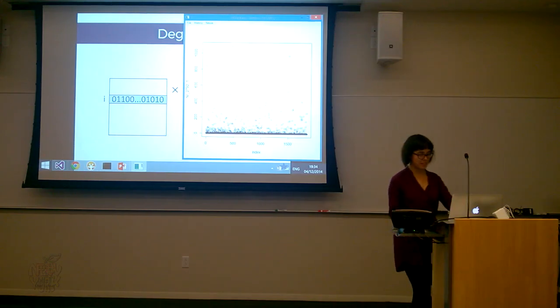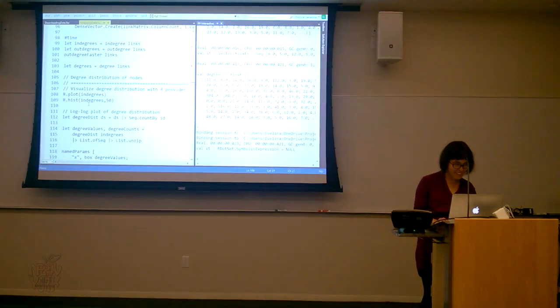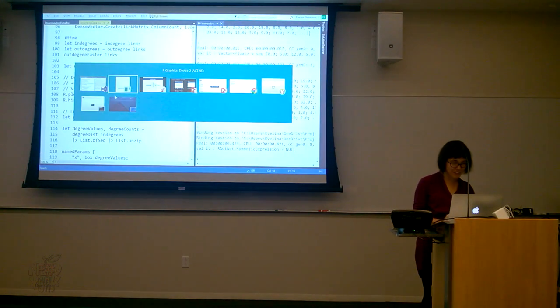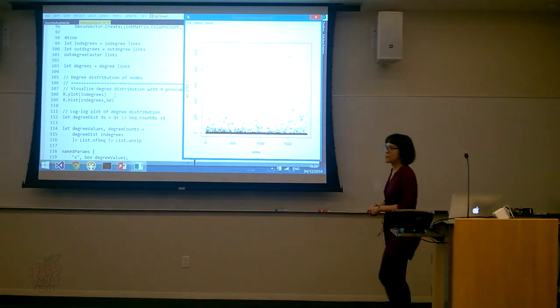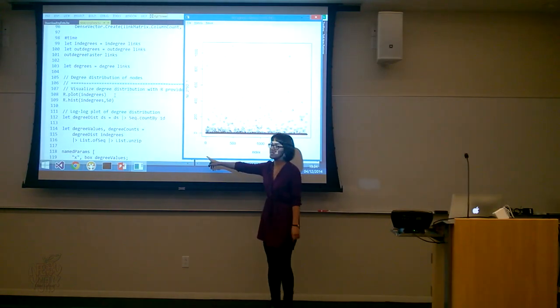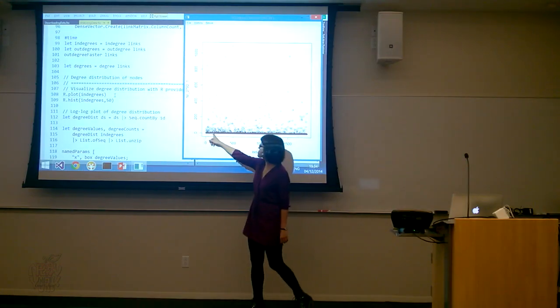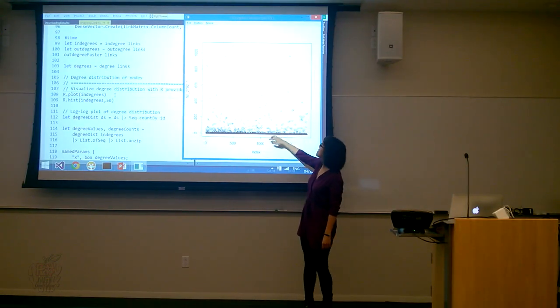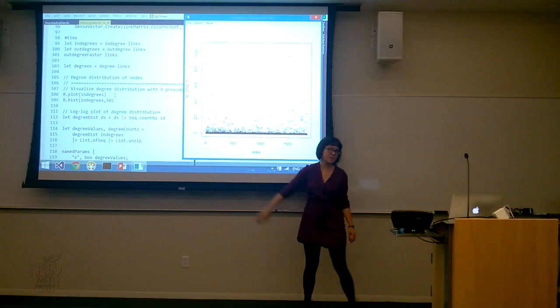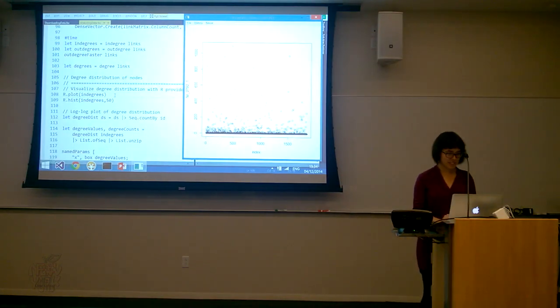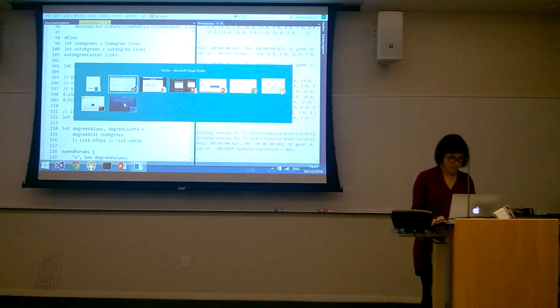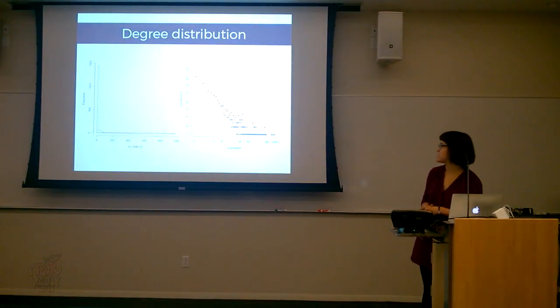I'm not sure if I'm plotting degrees or in degrees. Yeah, I'm plotting in degrees. That means the number of followers that each node has inside the ego network. And you can see that the majority of the nodes have very small in degree, but there are some that have a very large one. It's very hard to see in this kind of plot. But this is how it looks.